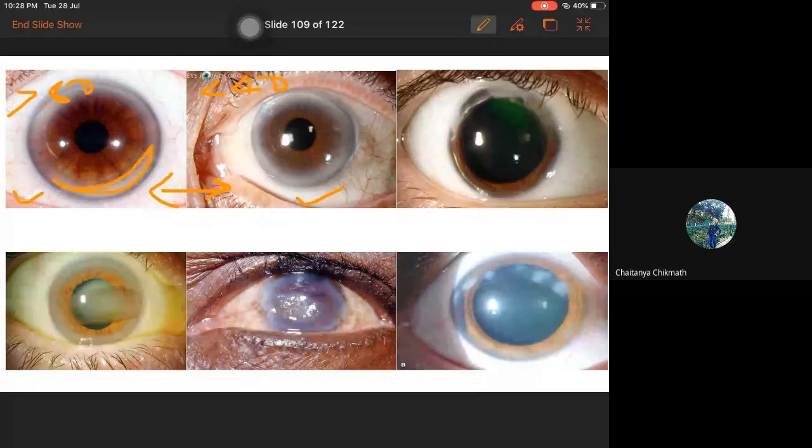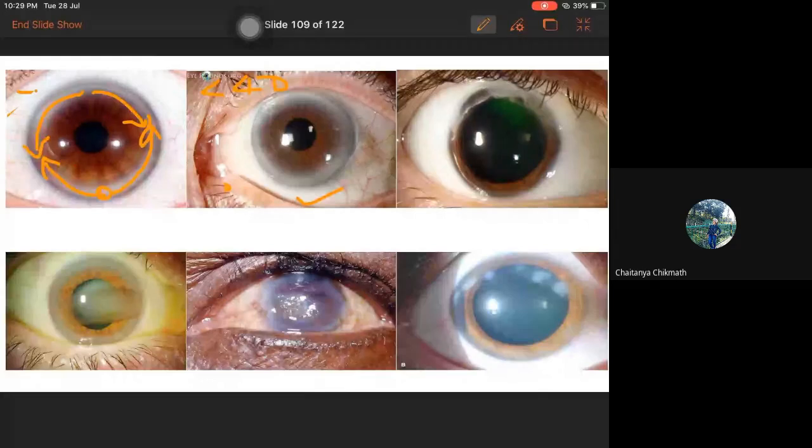It's crescentic and concentric in nature, and if you look at the diagram, it starts at the center and spreads towards the arms, and they will join over a period of time. They never produce any blurring of the vision. They will be in the periphery and they are asymptomatic, especially in the arcus senilis. The serum cholesterol levels will be within the normal limits in these patients.